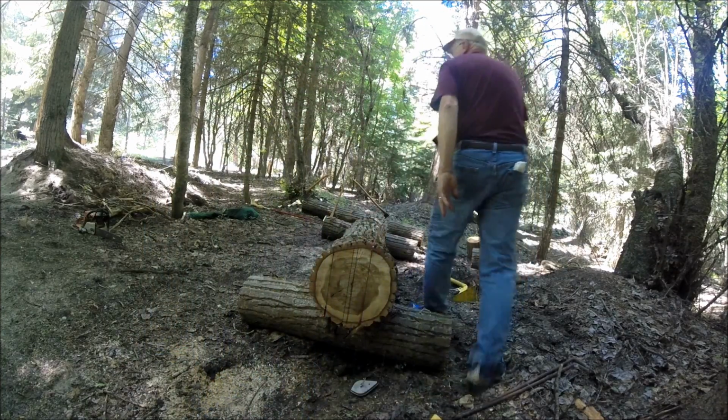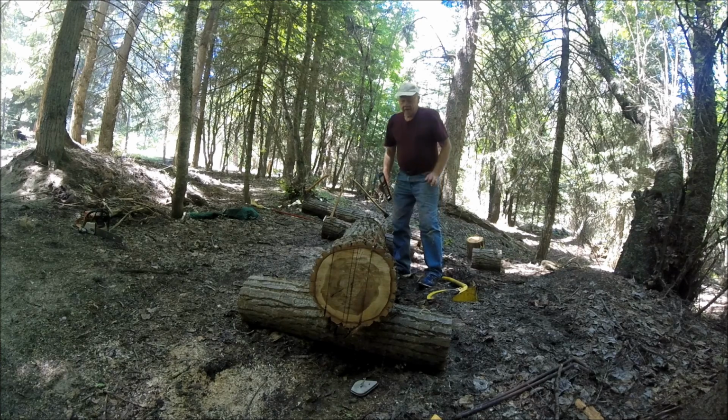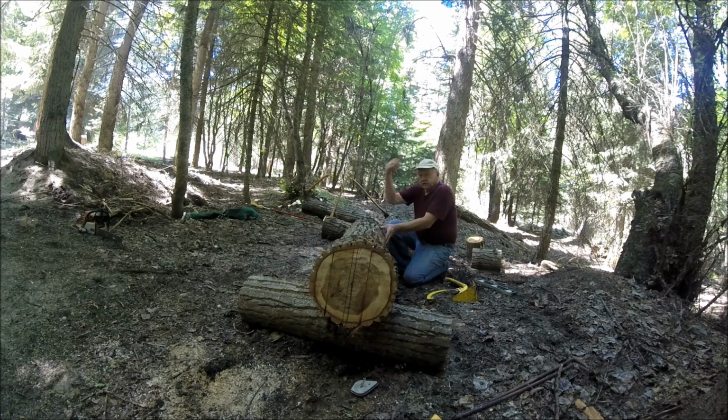One of the tips on a chalk line is if I held it down here and snapped either half, it'd be awful easy to just shove it into the log. You don't want to do that. You want to go straight down. So if it was a big belly, you could even put a level against the line and then follow it down and hold that line down so you're straight down. Now when I snap it straight down,